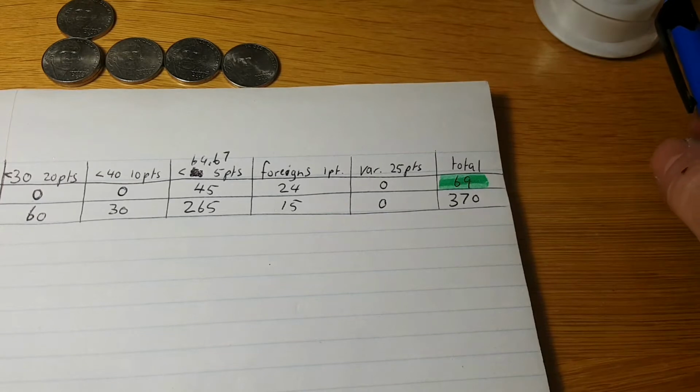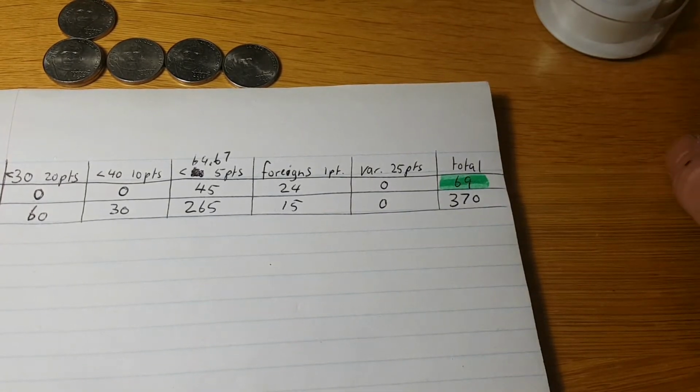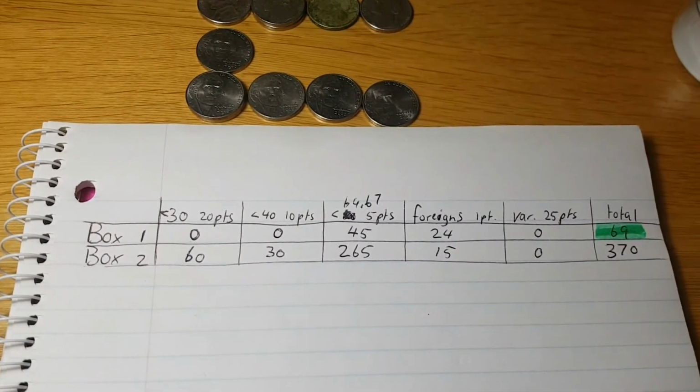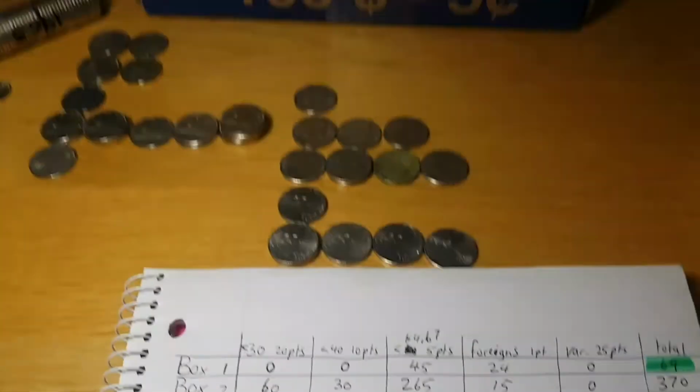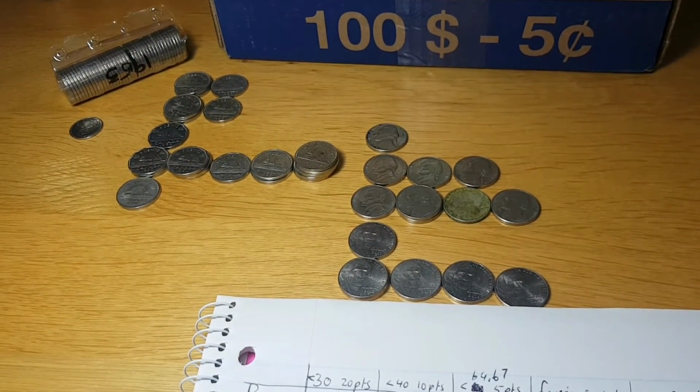I would say that's definitely better than 69. And even without that amazing roll that we had, we would have still beaten the first box by a long shot. I'm gonna update my rolls and hopefully we'll fill one, although I'm not sure, but still very happy with the